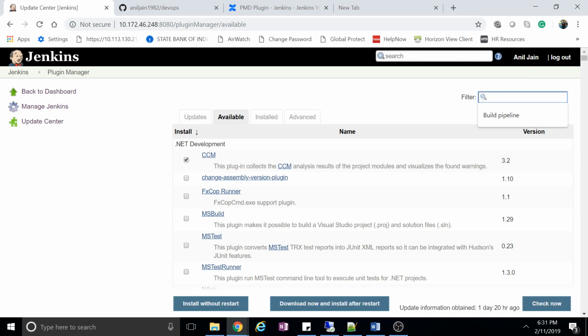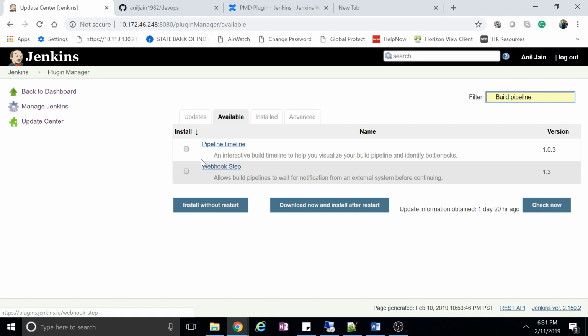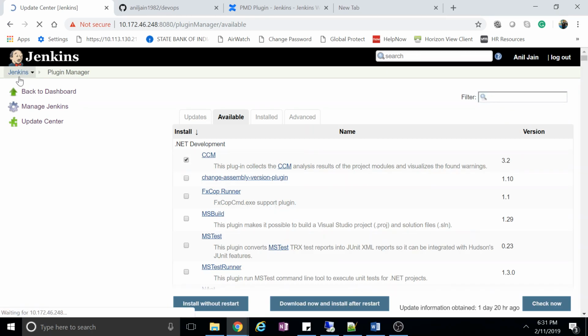Let me search for something, otherwise like build pipeline or something. Just select it like that and install without restart. It will install the package. This is what you have to do. I already installed it, so I'm not installing. So once you get it installed,